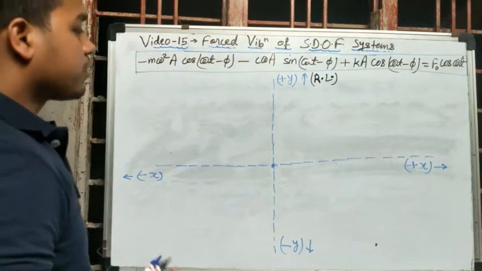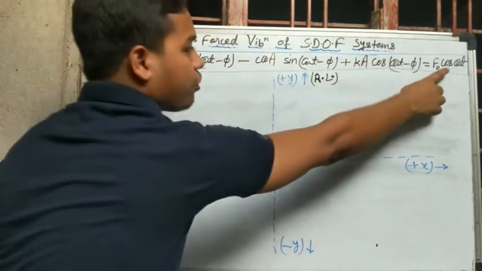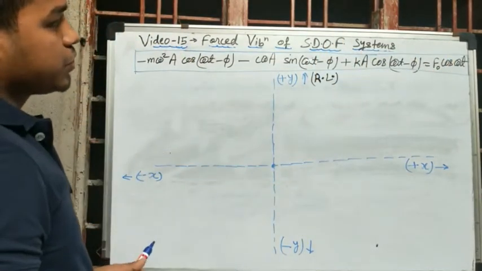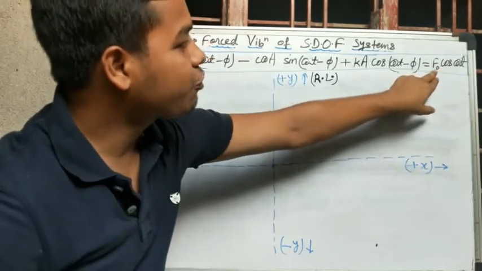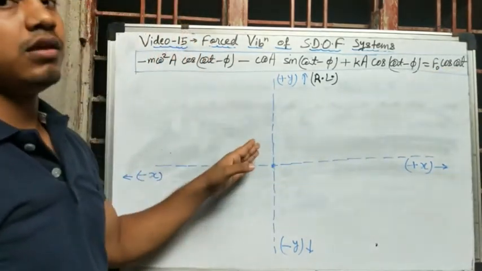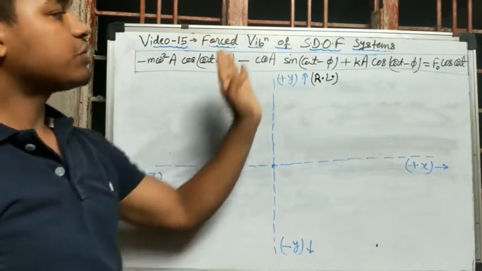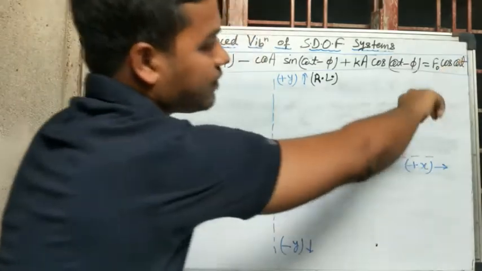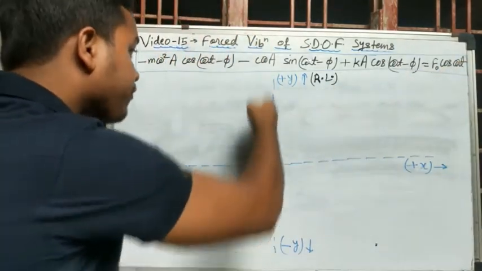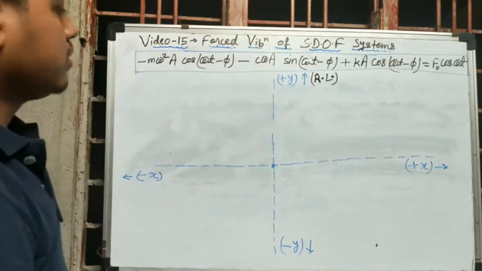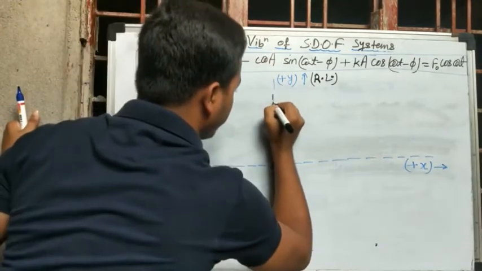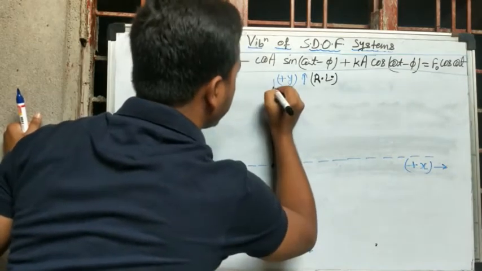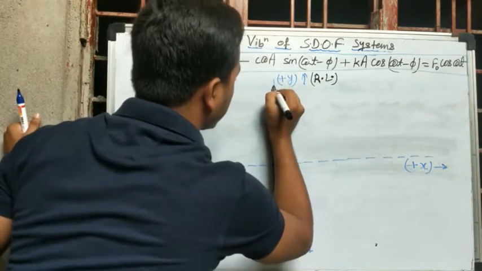Okay. Now first of all, I'll draw this vector f naught cos omega t because it is the simplest one to draw, right? So I'll have this cos component of the force f naught over this reference line. Then simultaneously I'm going to draw the force f naught, right? I have a force f naught cos omega t which is positive. So I'll draw that force on my reference line. So now suppose this force, this dash force, this force is what?